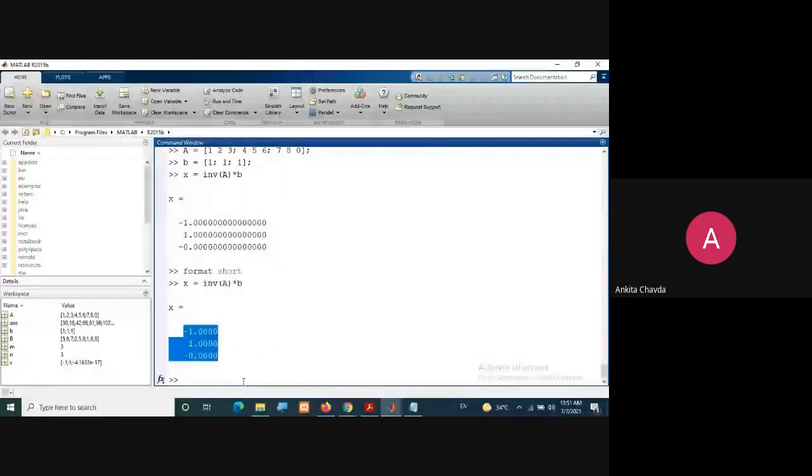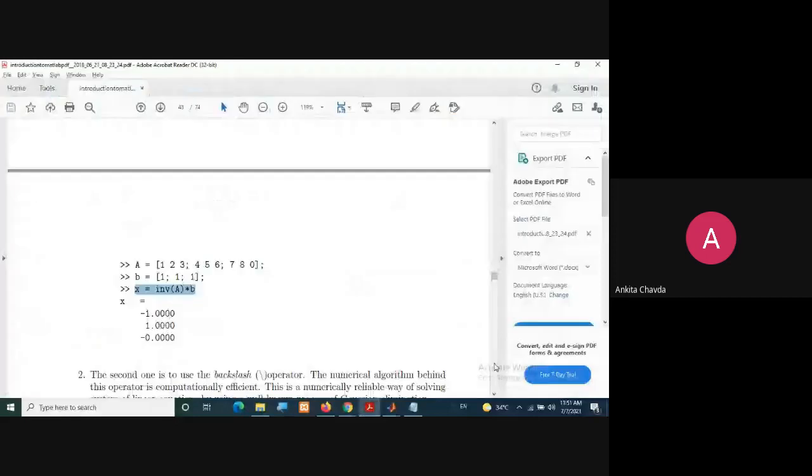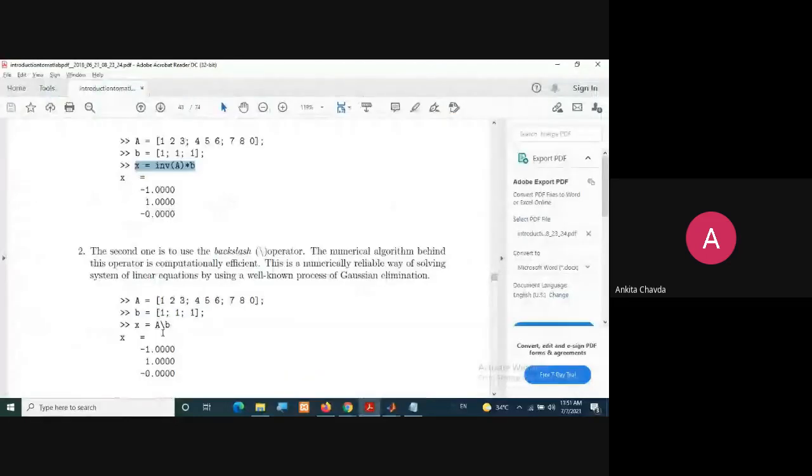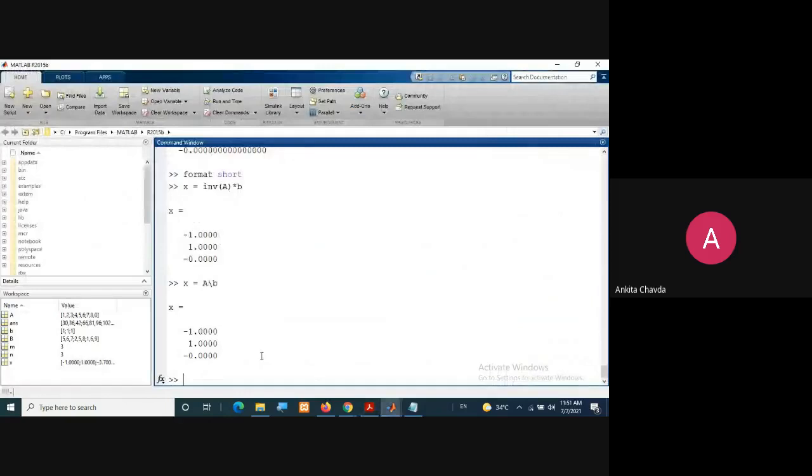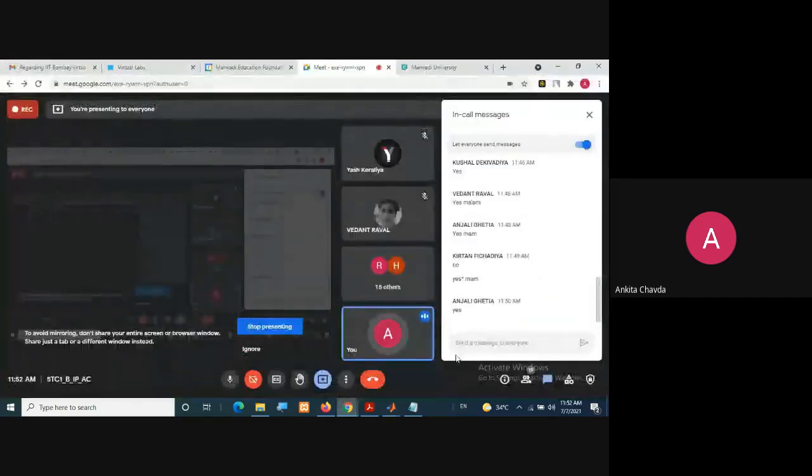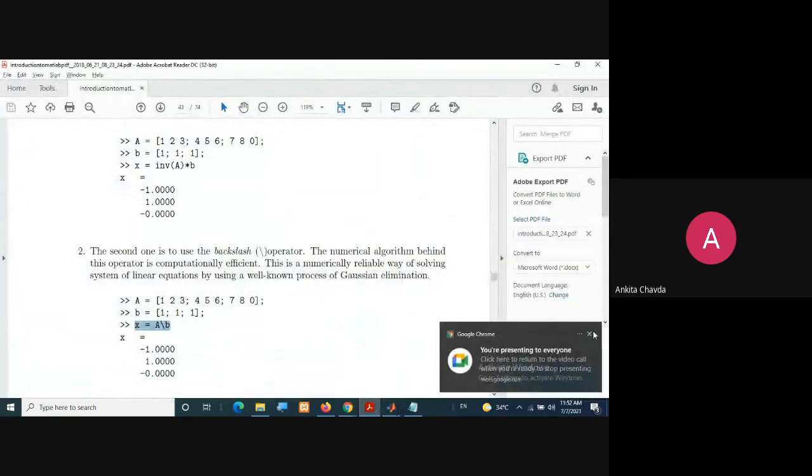Second one, the same thing we have learned. If we are doing this A left division B, it is nothing but inverse of A into B. Do you remember that? Okay. So the same thing what we are applying, we will write for this x, now this. That is another solution. You will get the same answer, because A left division B will do the same thing. We have already discussed this in our theory session. So I hope it is very clear to you guys.